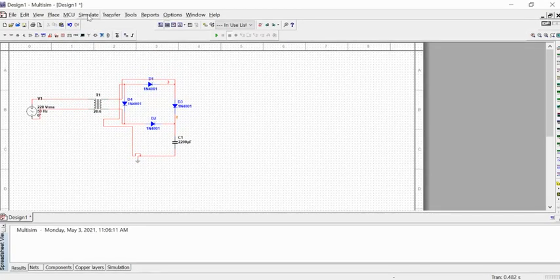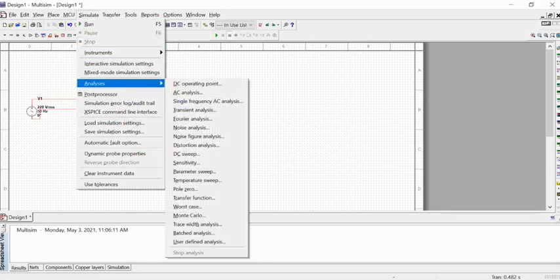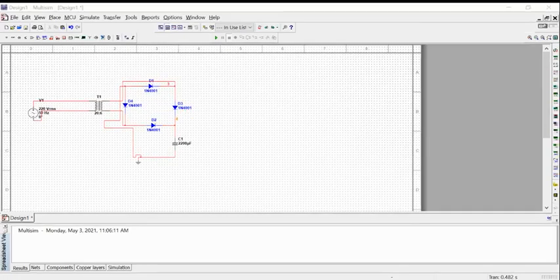So you go to this simulate option and click on it. There is analysis. There are different kinds of analysis available. You can do any kind of analysis like Fourier analysis, noise analysis. Here is the transient analysis, which simulates the waveform according to time. So I'm just taking it. In the first option, this is the analysis parameter, what you want to analyze or how you want to analyze. Here you define the time, for how much time you want to simulate this waveform. So I'm making it 1 minute. It means I want to simulate this waveform at this point for the first 1 minute when the circuit is started.